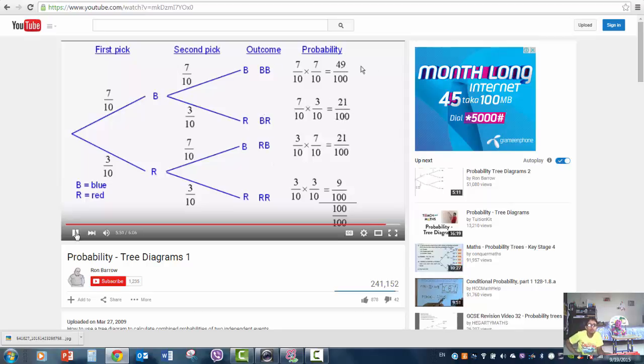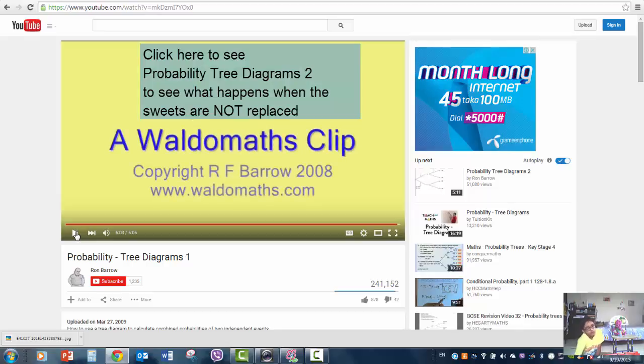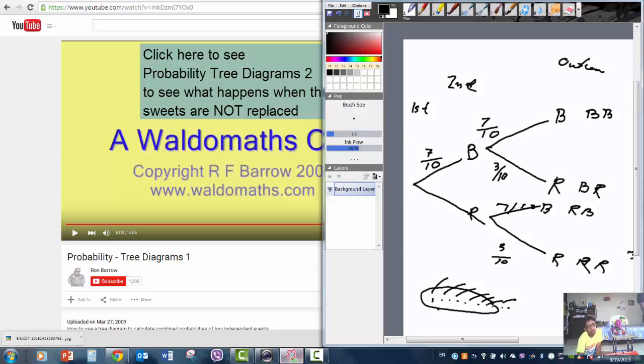So remember, multiply along the branches, but add the results of those multiplications to get your answers. Did you get that? Also in probability, or is adding and and is multiplying. Something that we'll learn later. I think that was a really good video on how to